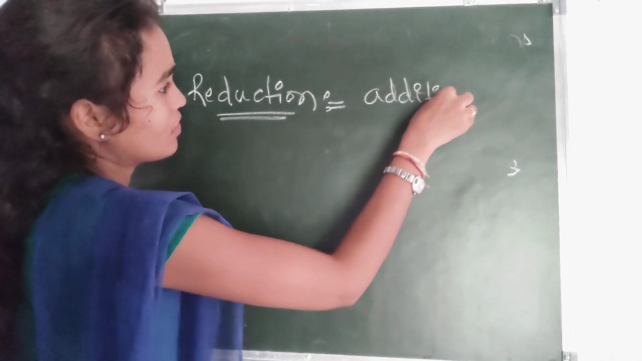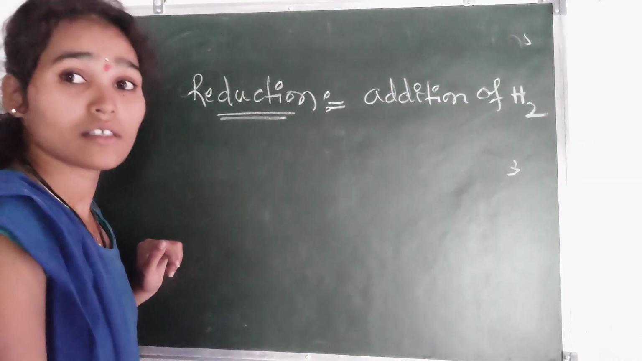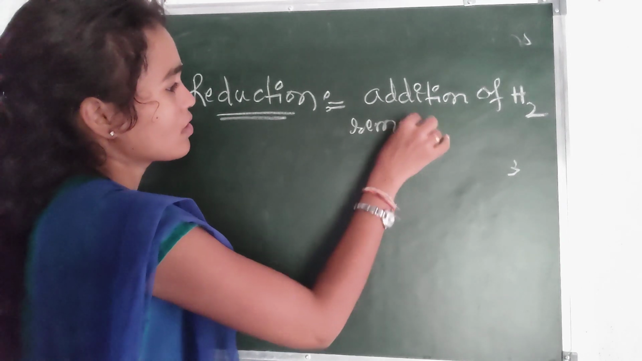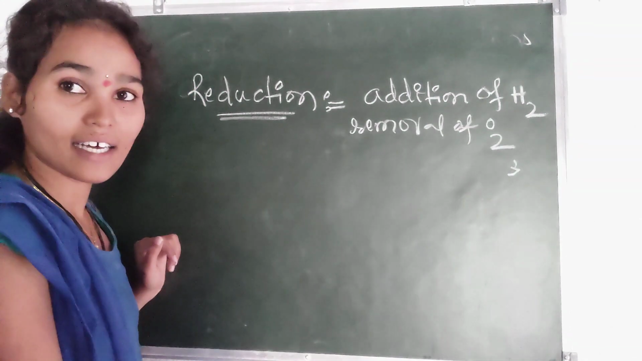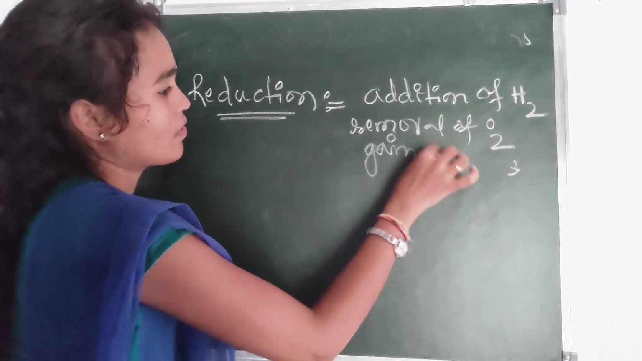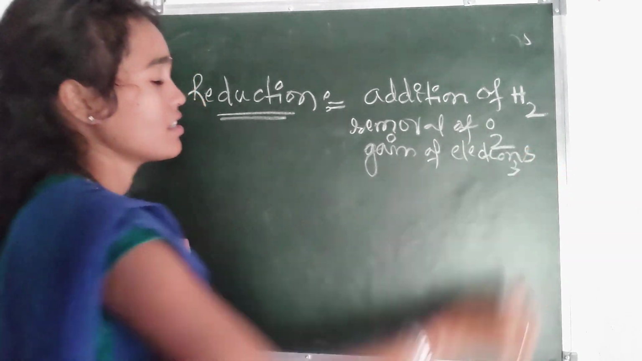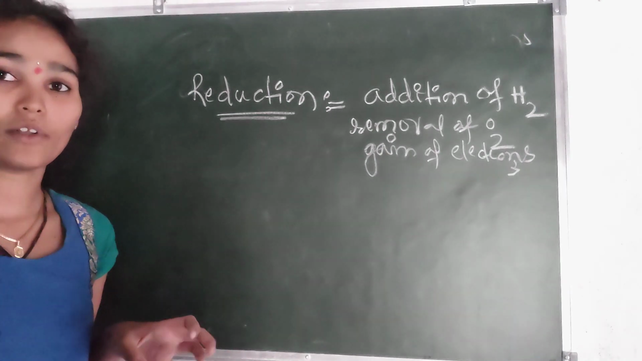Addition of hydrogen is reduction. Removal of oxygen is reduction, and also gain of electrons. Gain of electrons is also nothing but reduction. For example, here see,